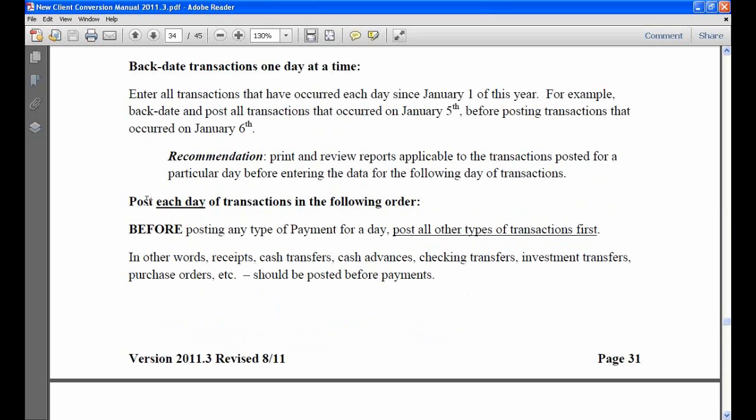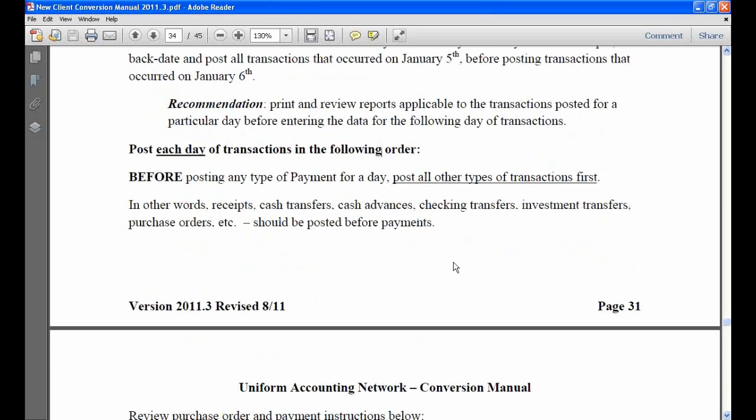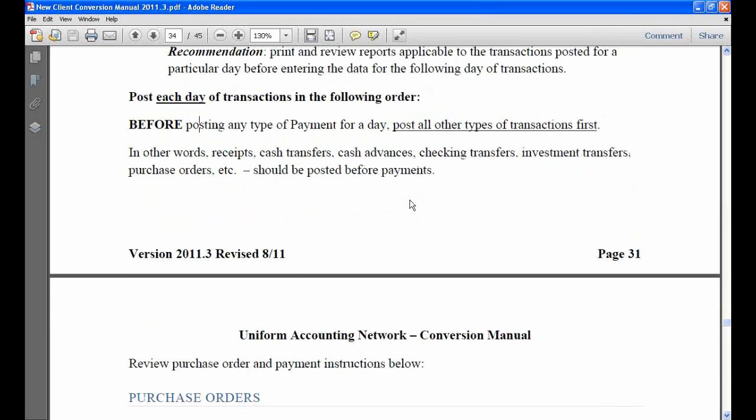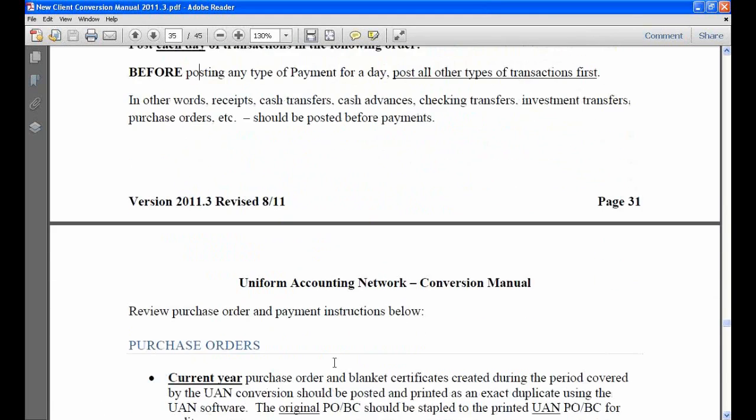And for each day of transactions, post each day of transactions in the following order. Before posting any type of payment for the day, post all other types of transactions. In other words, receipts, cash transfers, cash advances, checking, investment transfers, purchase orders, all should be posted before you post payments. Review the purchase order and payment information below. Okay,